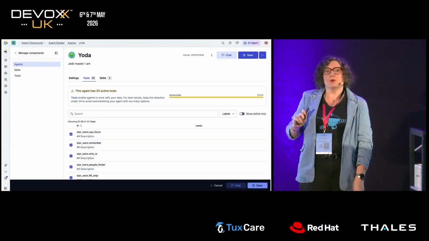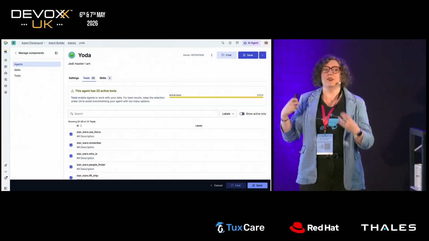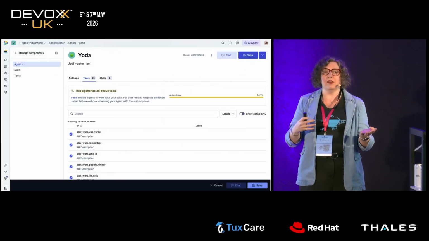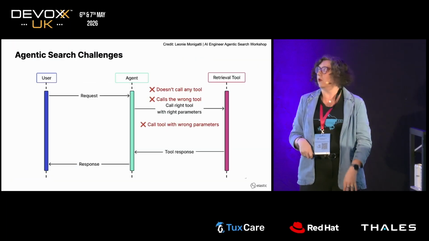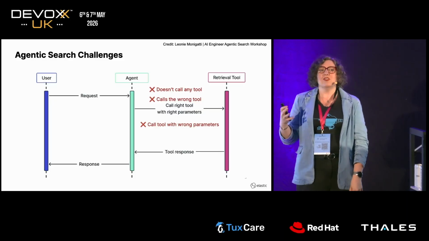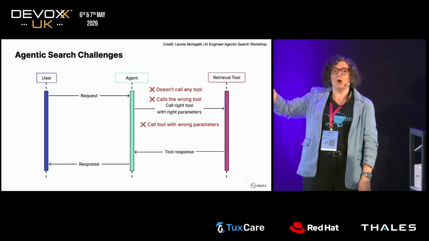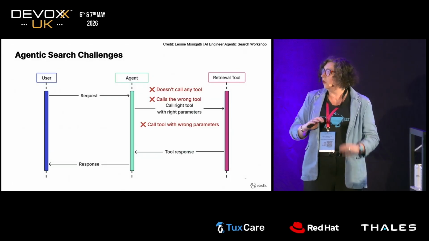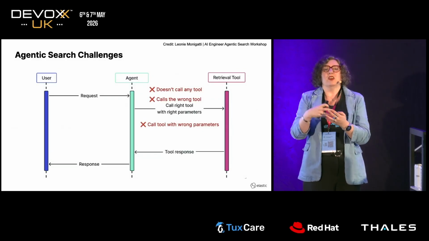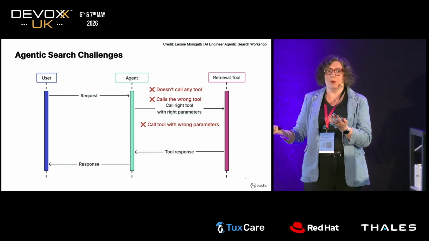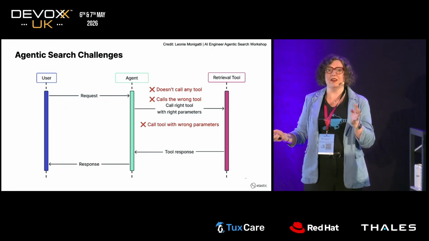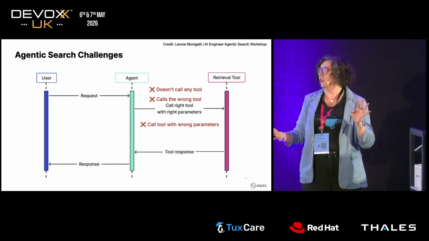Now, we can end up with problems with the number of tools. If we give it too much, we can bamboozle the LLM and it might not have the right context. But we can also give it too little. With both of these problems, we end up with a situation where it can call the wrong thing, it can call no tool at all, or indeed, if we don't give enough information, it calls it with the wrong parameters, all of which can be problematic and mean your agents are not going to be as efficient.